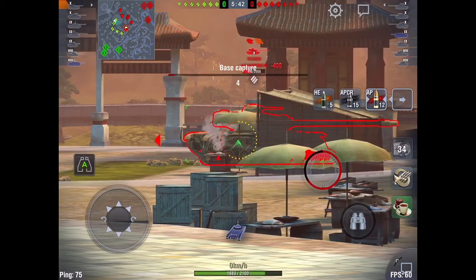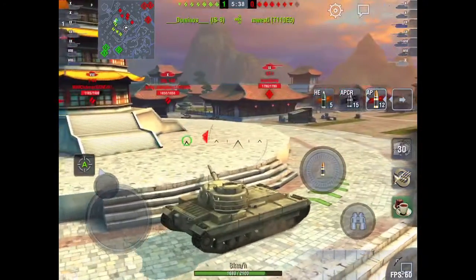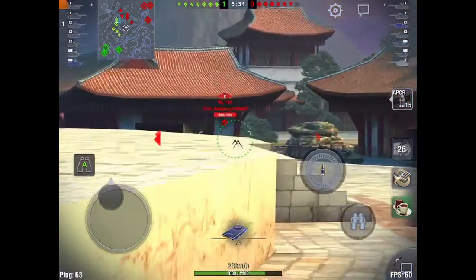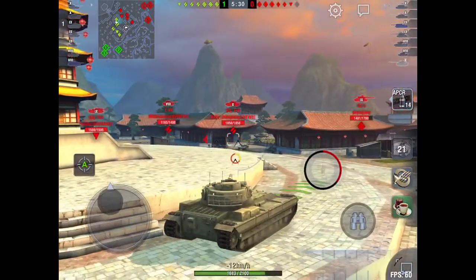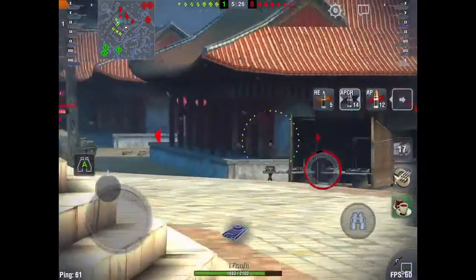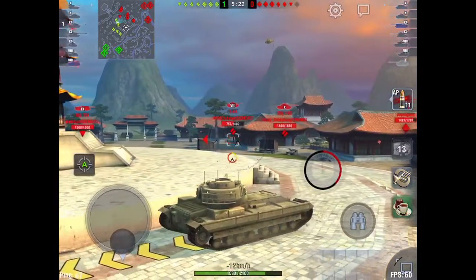And you can see here again the really nice DPM on this tank. 400 alpha damage combined with 6.9 rounds a minute definitely makes for a dangerous and deadly machine. Unfortunately, that one misses, a bit of RNG, as I felt that I completely aimed that shot, but what can you do? RNG is troll. We slam one into that T-44,